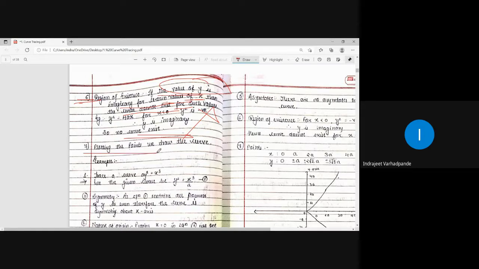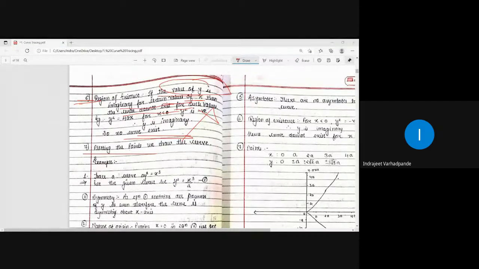What is the last point? Plotting the given points and joining them, we draw the given curve. So these are all 7 different points or the steps or the